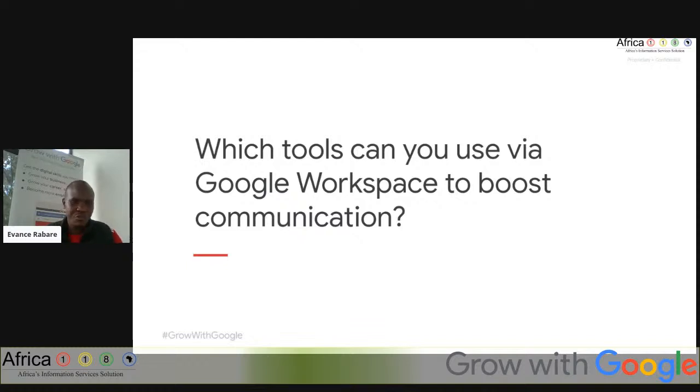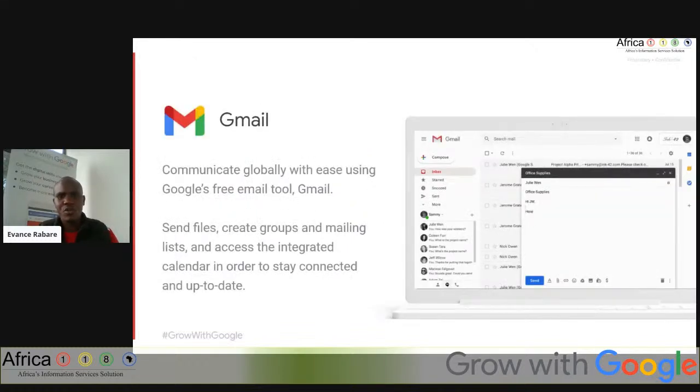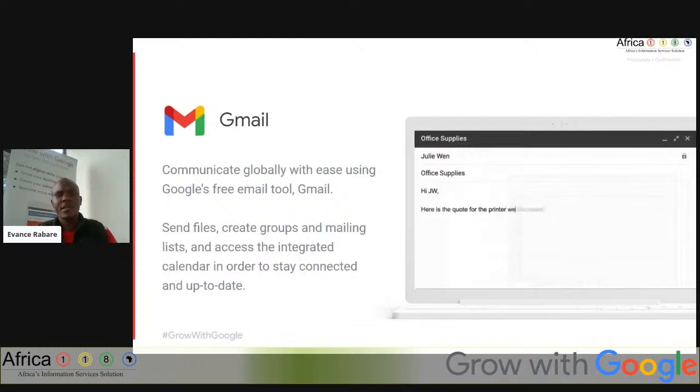As you think about those questions, think about Gmail, Google Meet, Google Currents, and Chat. These are the key communication tools: Google Gmail, which most of you are using, Google Meet, Google Currents, and even Google Chat. So when you're talking about Gmail, which you guys know, we are talking about how you communicate globally with ease using